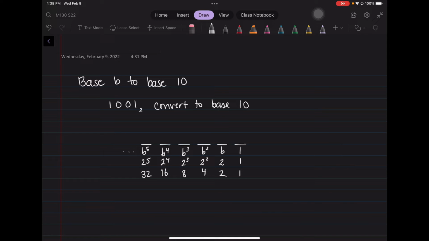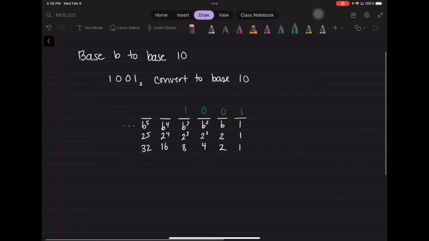So whenever I have a number, say 1001, what that means is I have 1 8, I have 0 4s, I have 0 2s, and I have 1 1. Essentially, I take this number times whatever the base is at that point, plus this number times that base value, plus this number times the base, plus this number times your base. Or 1 times 8 plus 0 times 4 plus 0 times 2 plus 1 times 1, which is the number